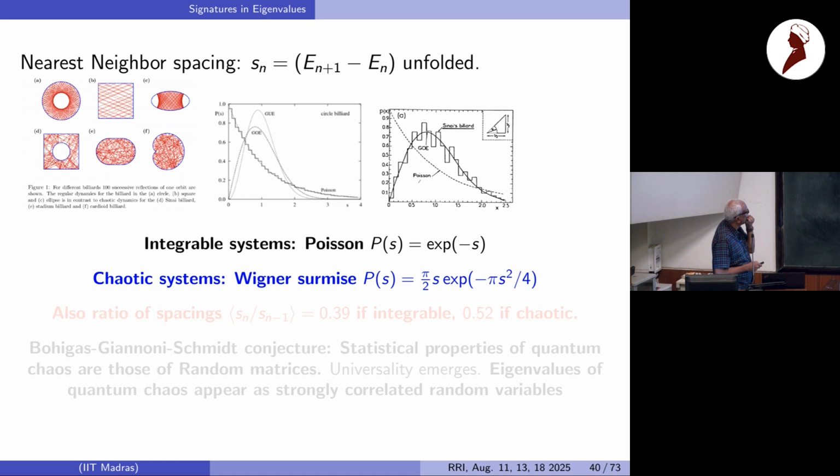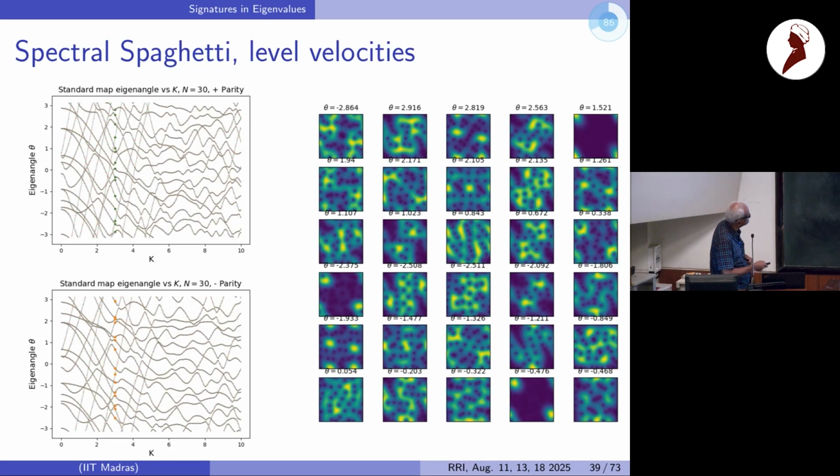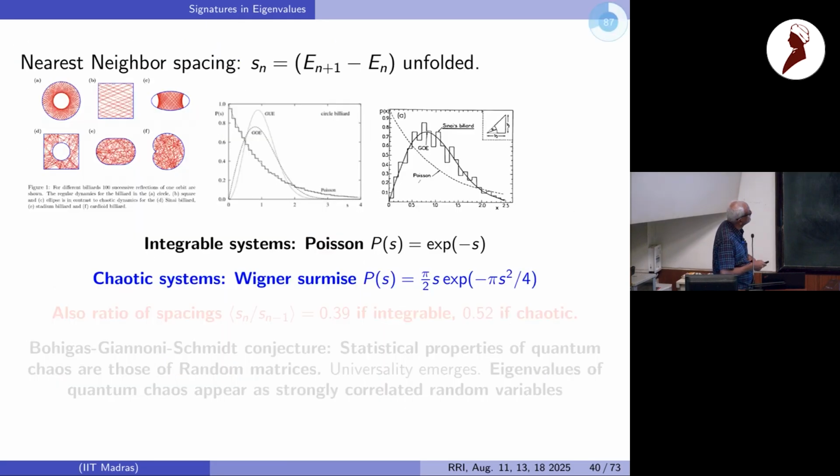So this is one way in which people are looking at, as Kiran was saying, level repulsion. You look at all these energies, right? And then you ask about the gaps, nearest neighbor gaps. There seem to be more small nearest neighbor gaps here than here maybe. So let's look at the nearest neighbor gaps and see how they are distributed. Again, you have to separate out positive and negative parity. First do that. This was first done by Bohigas, Giannoni and Schmit, probably first done for the case of billiards, this kind of analysis.